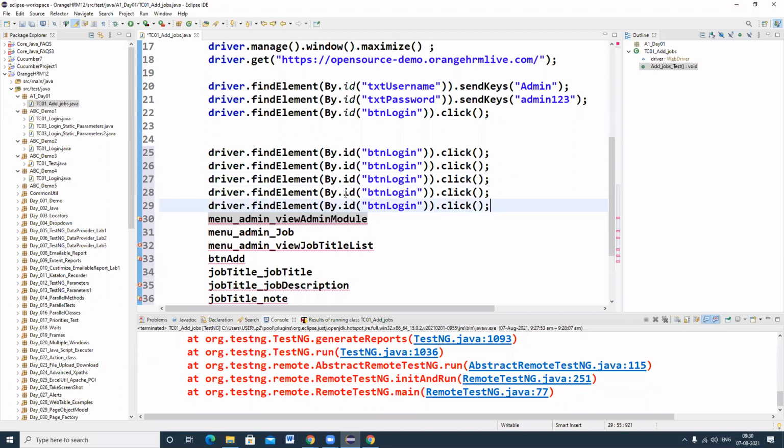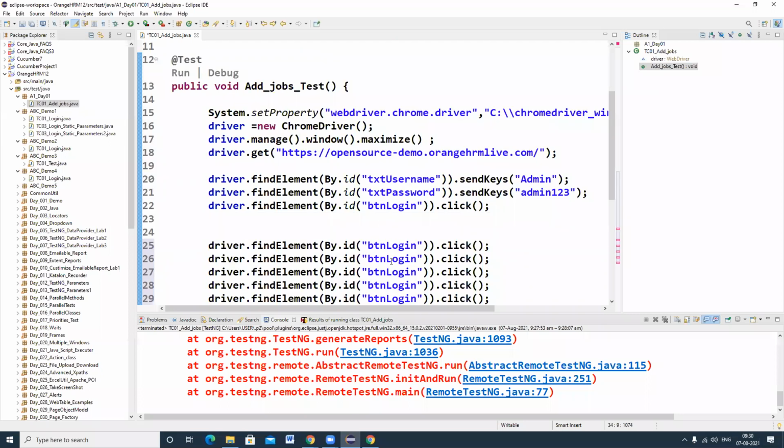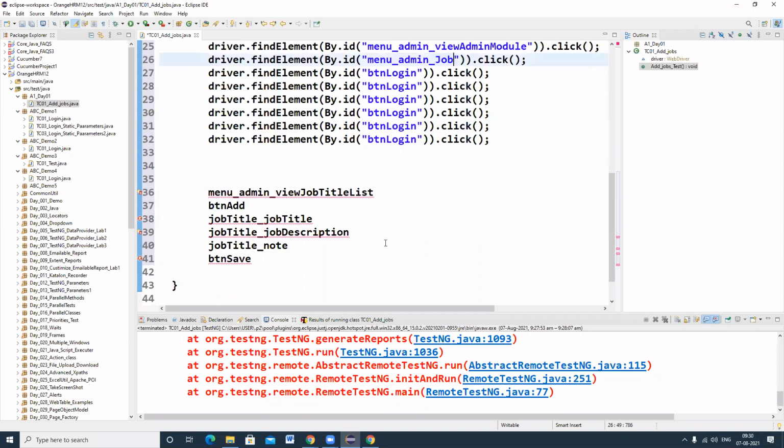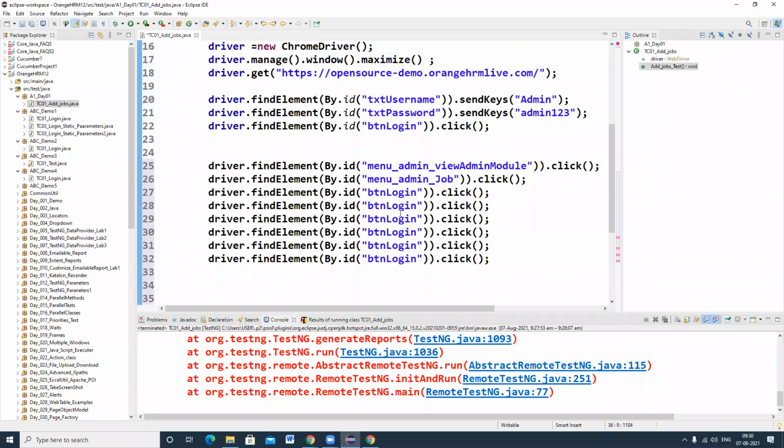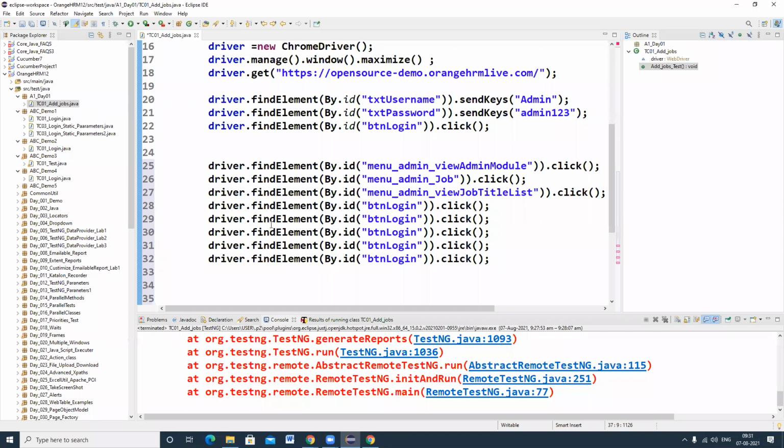Control X. So I'm clicking on admin. I'm clicking on job, driver.find. I'm clicking on job titles. And I'm clicking on the add button. And I have to click on job title, sorry, I have to enter.